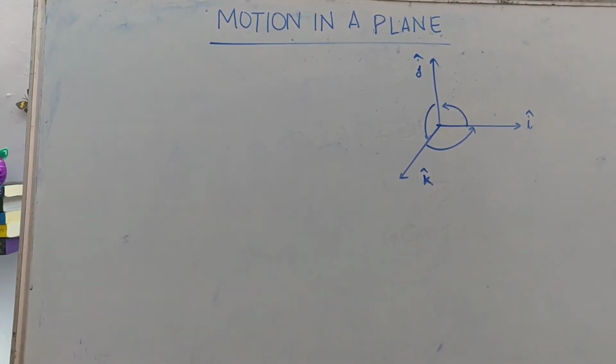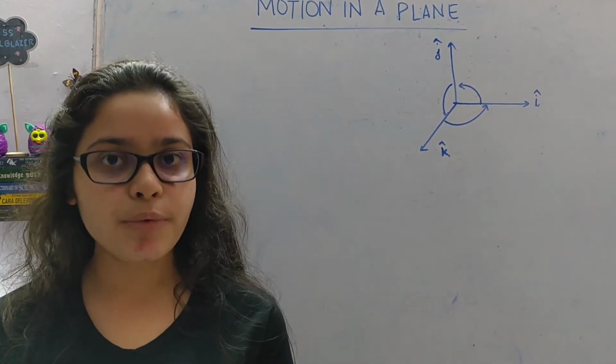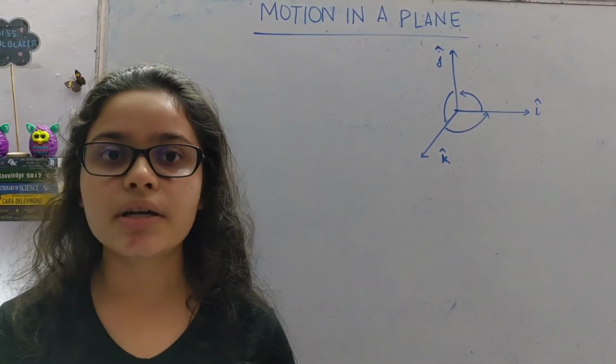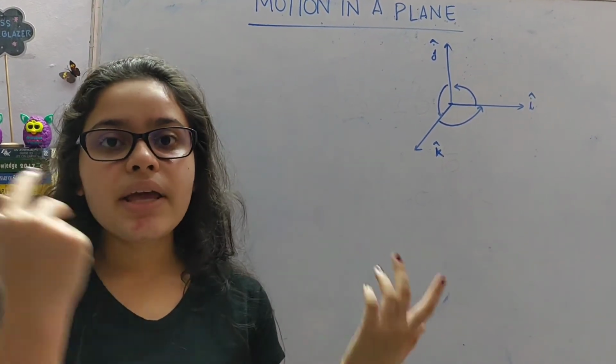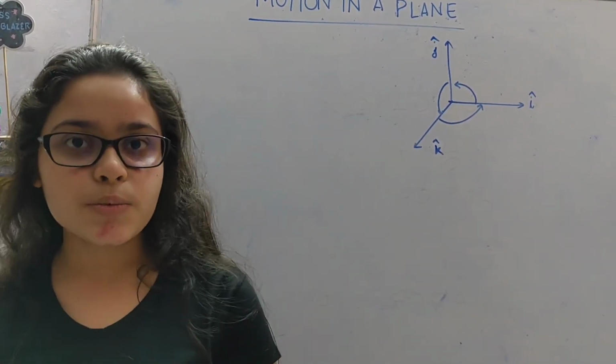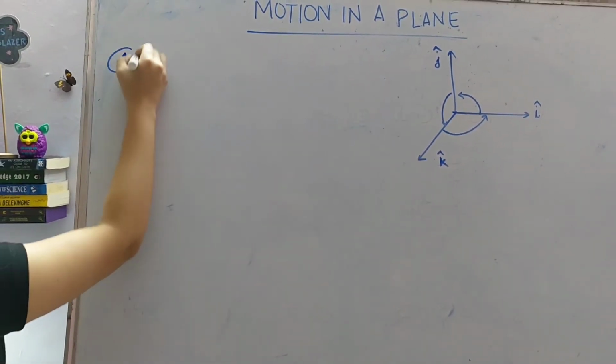So when I want to multiply two vector quantities, I have two different methods. The first is the dot product and the second is the cross product. So there are two vector multiplication methods. When do I use the dot product? When do I use the cross product? Let me start to explain it. The first one is the dot product.